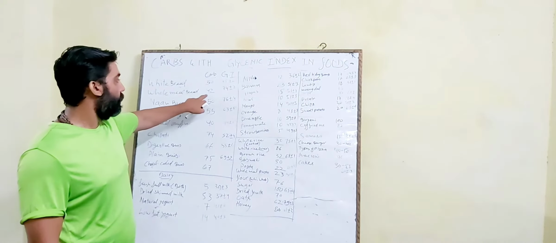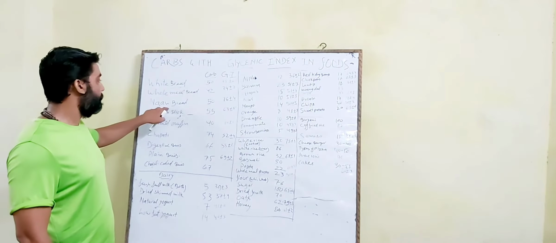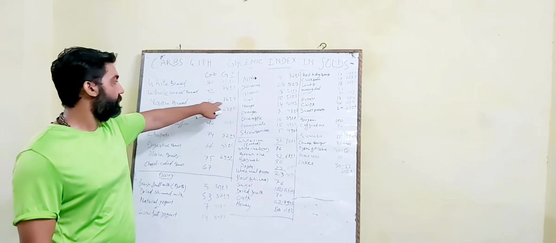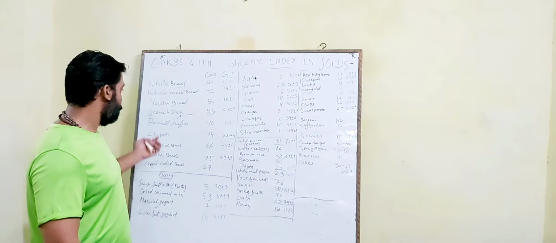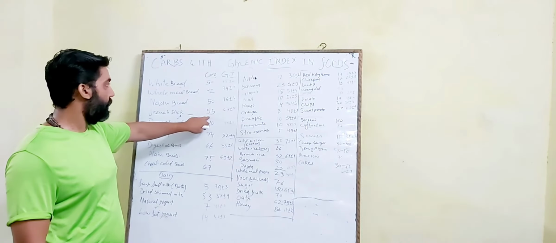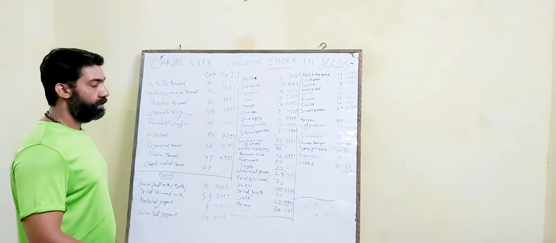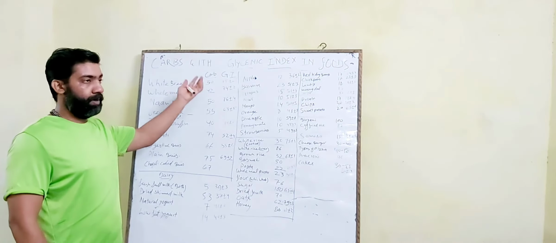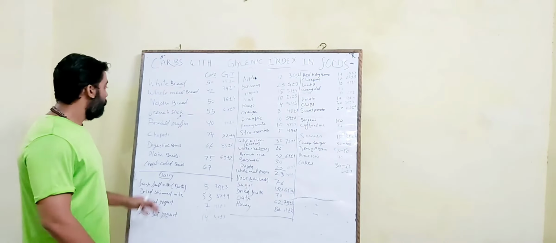Wholemeal bread has 40 grams of carbs and a GI value of 74. Naan bread has 50 grams of carbs and a GI value of 76. French stick, or French fries you can say, has 55 grams of carbs and a GI of 63, plus or minus 5. Some values show 63 plus 5 and 63 minus 5.